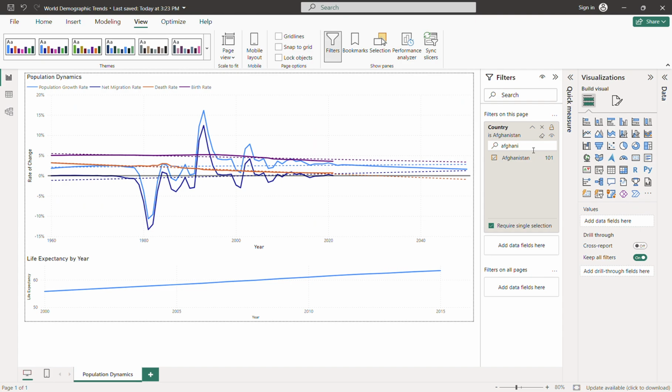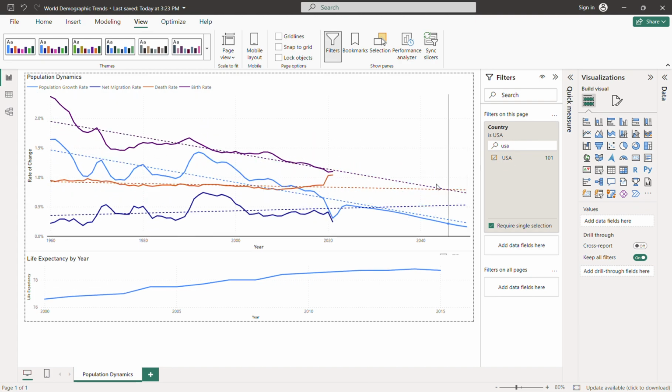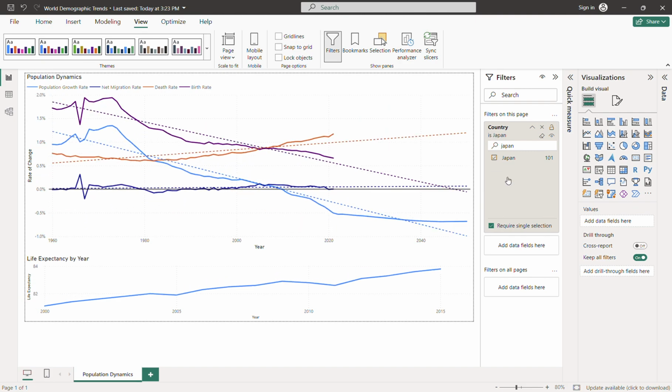Just so we go back and look at the United States here again, and see that the population growth rate is definitely falling, while the other one was largely stable. And we can even look at other countries, say Japan. Japan is known to have a very highly aged population,